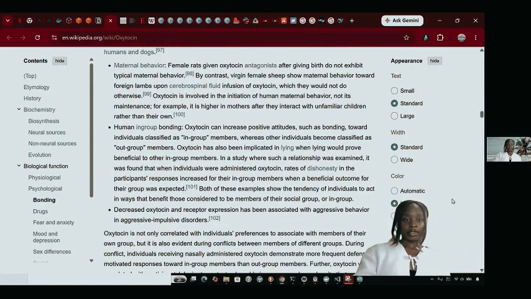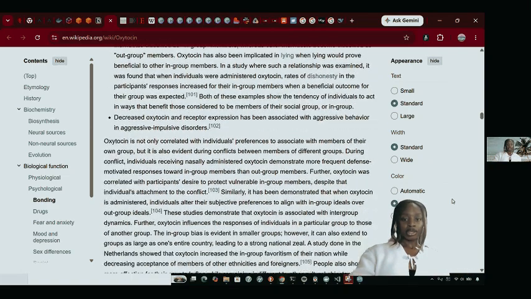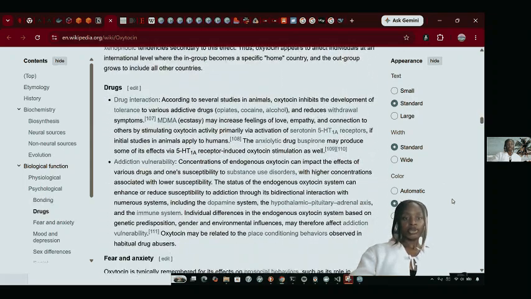Then another peculiar part I saw was human in-group bonding. So oxytocin causes positive attitudes. Like if people are in a group and they've bonded, oxytocin allows this group of people to show more positive actions towards themselves and aggressive negative actions towards people who they believe are not part of their group. And also, even lying and showing dishonesty is seen as good mentally. Oxytocin makes you feel so if it means benefits to the group. I think this is very interesting to know.